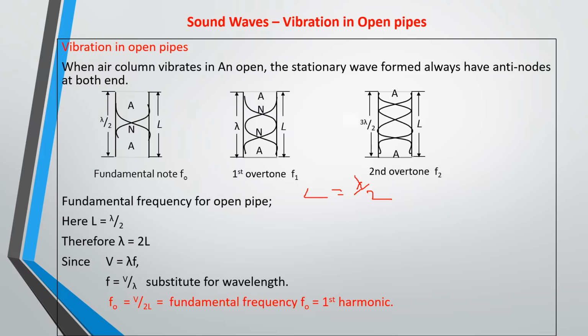So, you remember that your lambda will be equal to 2a, just as we have for the fundamental note for a stretched string. And then from v equals lambda f, f0 is equal to v over lambda. Then when you substitute, you have that f0 is equal to v over 2a. Go and check